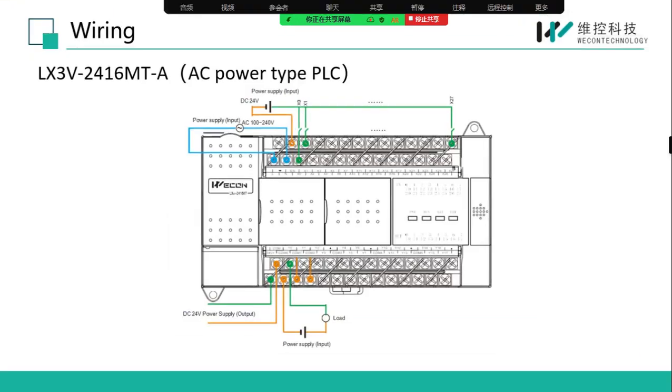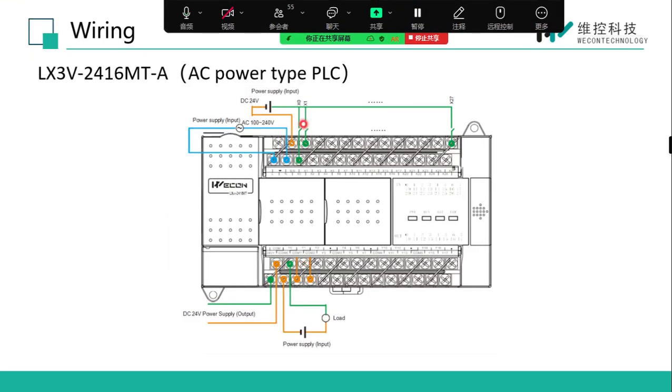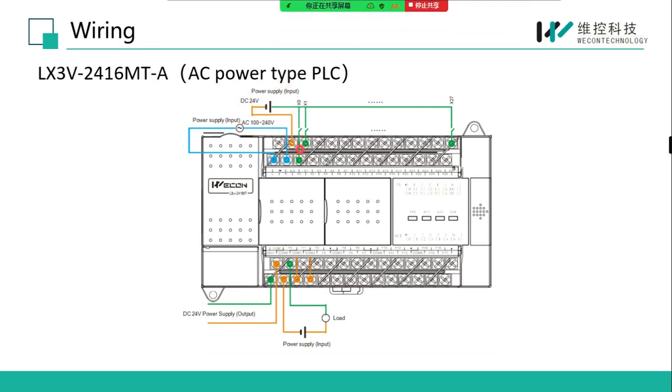Okay, let's move to the wiring. This is the AC power type PLC's connection. First, we need to connect AC power to the L and N terminals. And this picture shows the NPN type input connection. So the negative port is connected to the SS terminal, and the X terminal is connected to